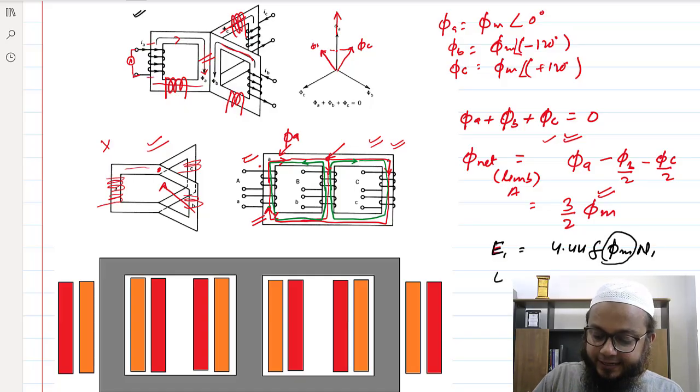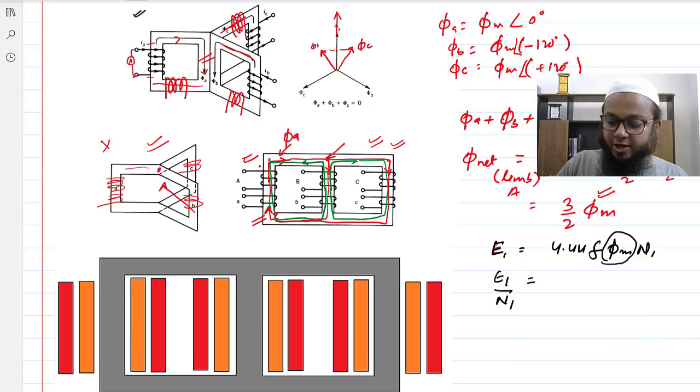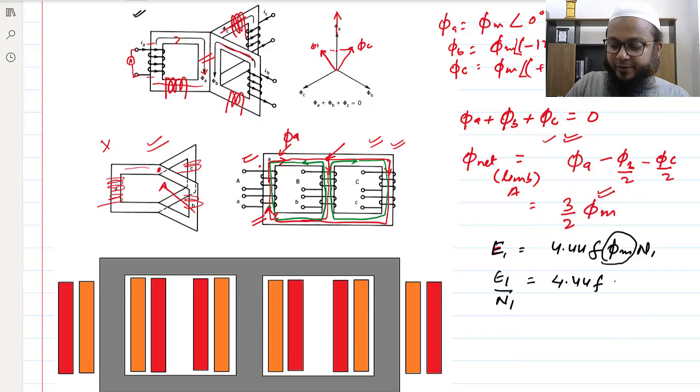So if I say E1 by N1, or induced EMF per unit turn, for single phase, if this is for the single phase arrangement, then for the same number of turns,